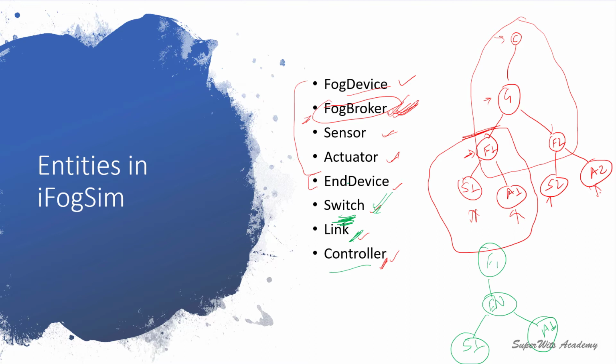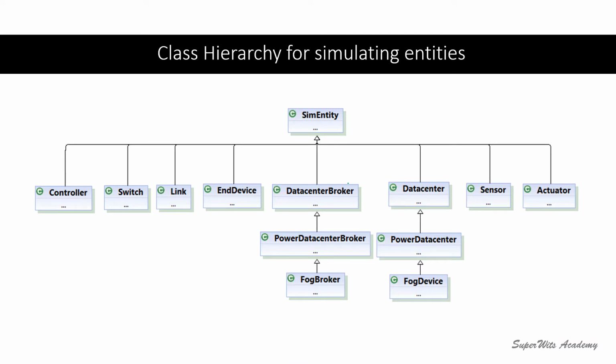Right now, because these entities are going to talk to each other, we also need to understand why they are entities and how they are going to get connected to the process. So if we look at this hierarchical chart, we have the controller. This controller is associated with the SimEntity, then switch, link, and end devices, sensors, and actuators. They are directly derived from the SimEntity, which is available under your